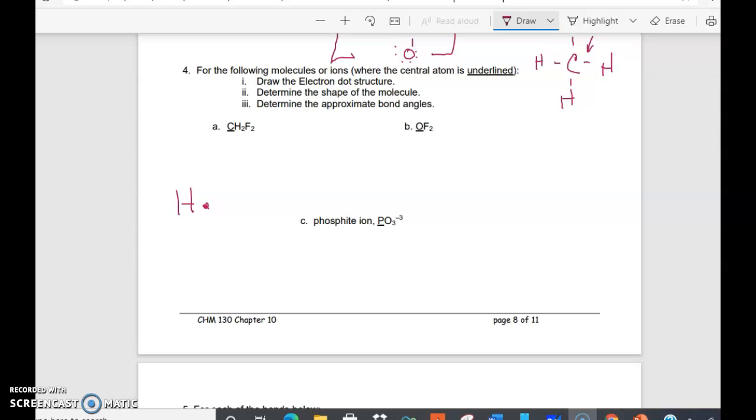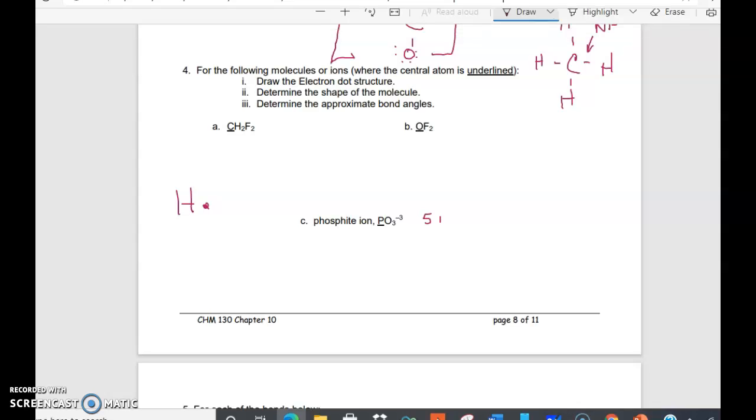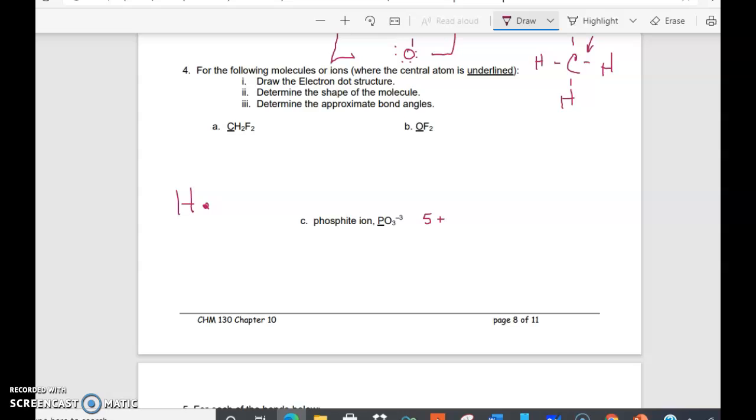So phosphorus has 5, plus oxygen has 6, but there's 3 of them. And then we need to add on 3 more electrons. So 6 times 3 is 18, plus 5 is 23, plus 3 is 26. 26 divided by 2 equals 13 pairs. All right, so now I'm going to draw my central atom and then surround it by my outer